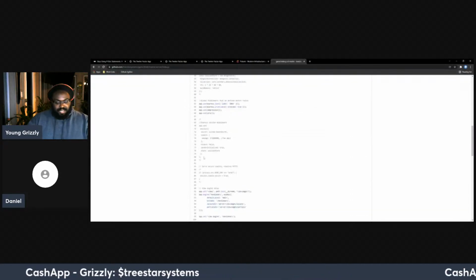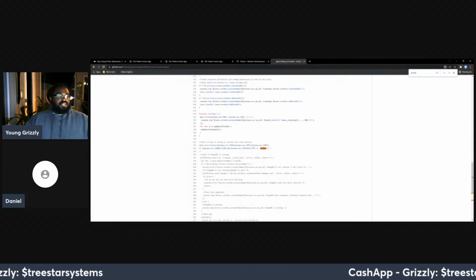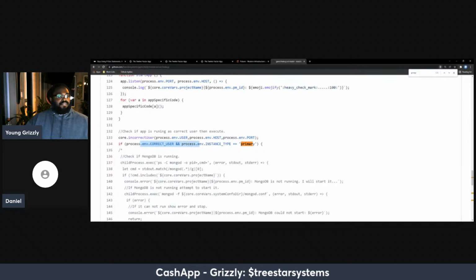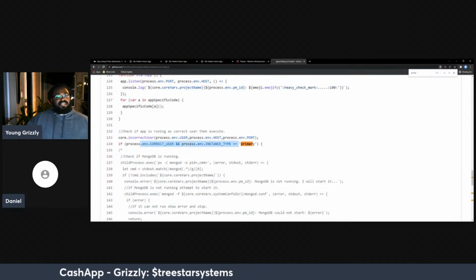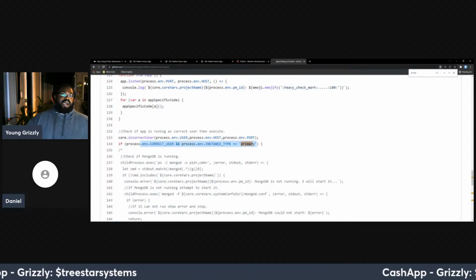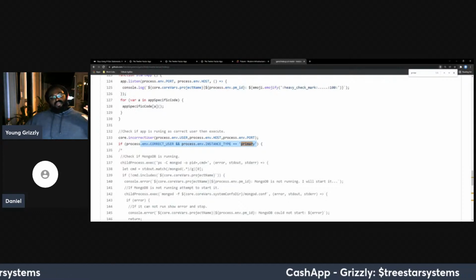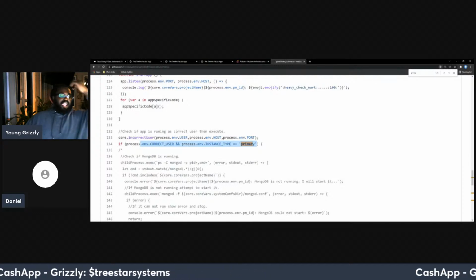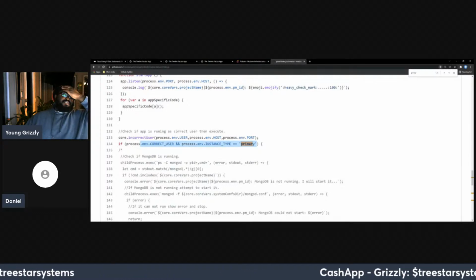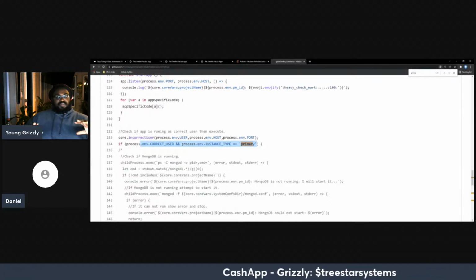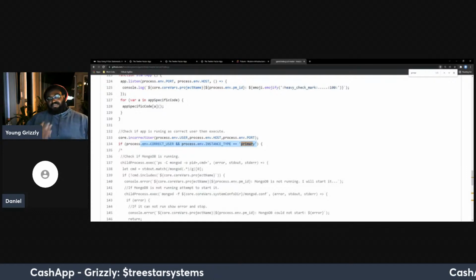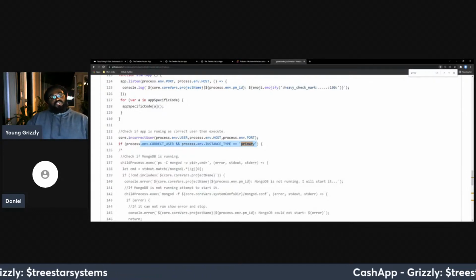But I do things like primary. So let's increase the font. Here, I have if process or if instance type is primary. This is because my Node.js app runs in cluster mode. That's one single-threaded version of the app per core. What that allows me to do is have some type of clustering on the machine itself, so just in case anything happens to a process, something's always there to answer it. And it also uses all the other cores.